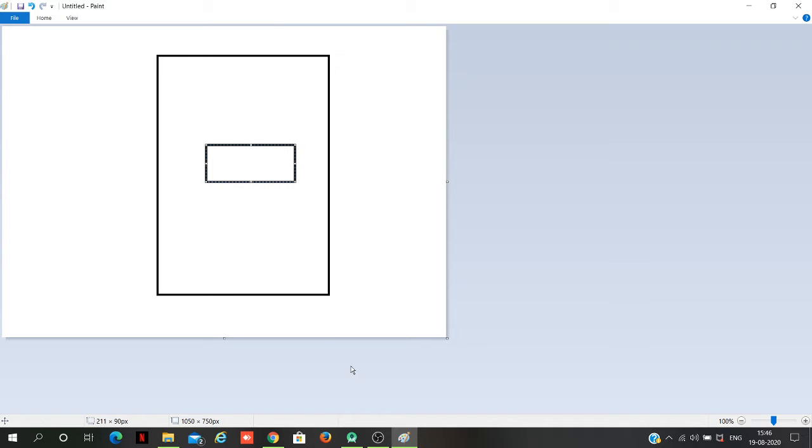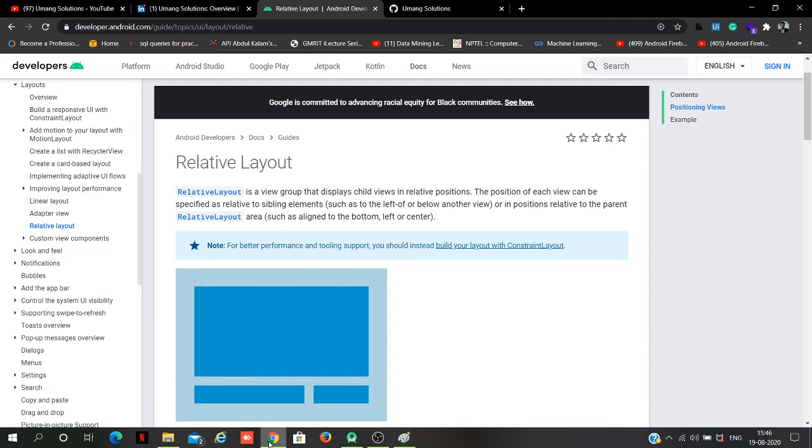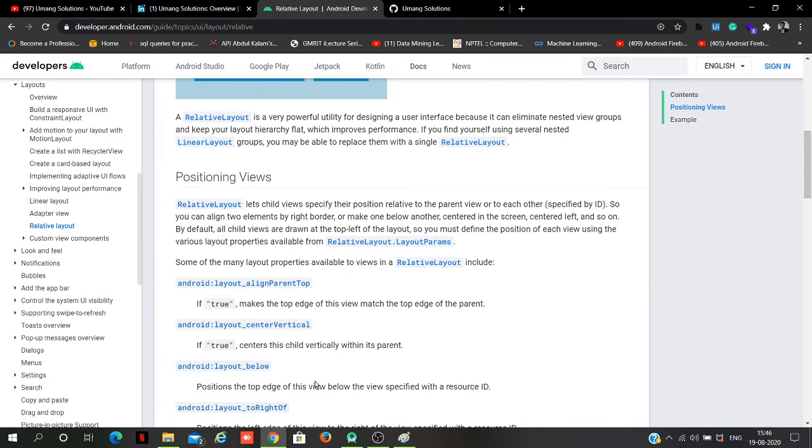I'll be explaining some of the most important common properties. First, layout align parent top. If the value of this property is true, my view will be aligned to match the top edge of the parent.